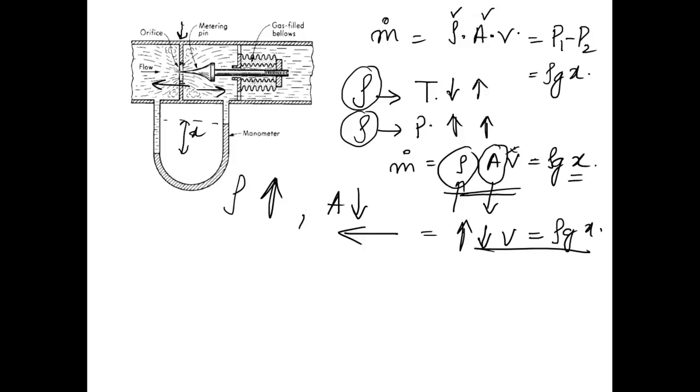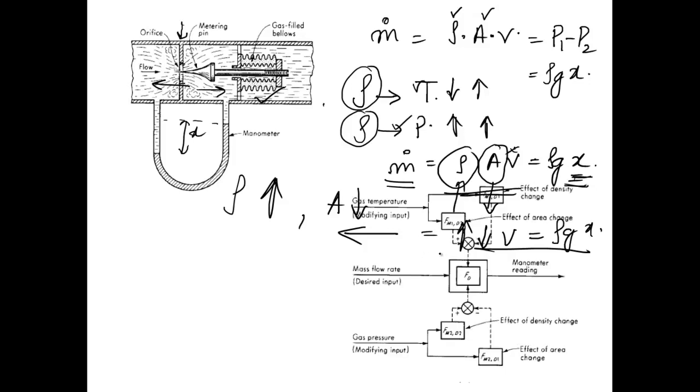So we can always devise and then analyze the system more properly in a more scientific way by using corresponding equations, and design the metering pin accordingly, so that we can take care of this variation with the ambient temperature and pressure by such an arrangement. We know what is the impact of the temperature on the density, we know what is the impact of the pressure on the density, and if we know all these things, we can accordingly make use of this type of arrangement to change the area correspondingly, so that m dot remains constant for a given pressure change.